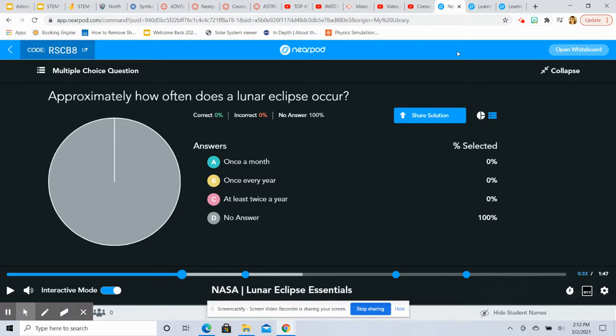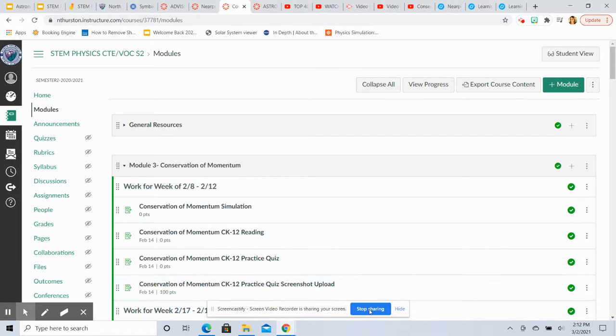Okay. So there's a lot more to Nearpod than that, and I'm sure there's more videos and training to come out on it, but I wanted to show you how to get it into your Canvas apps. All right,